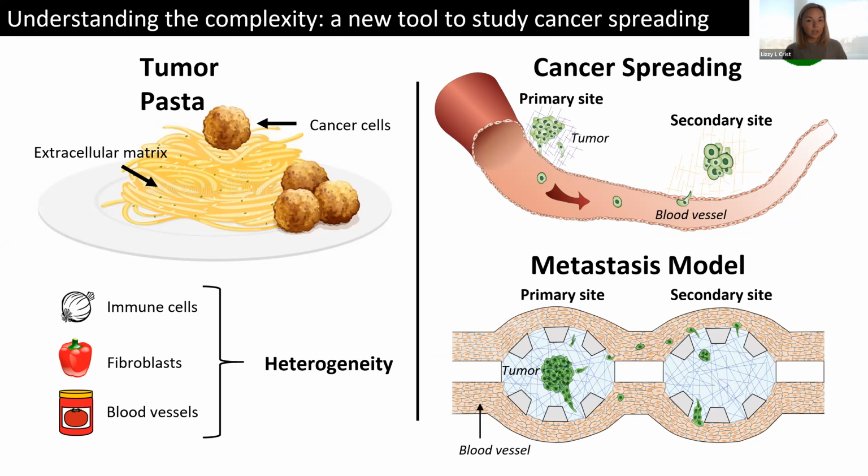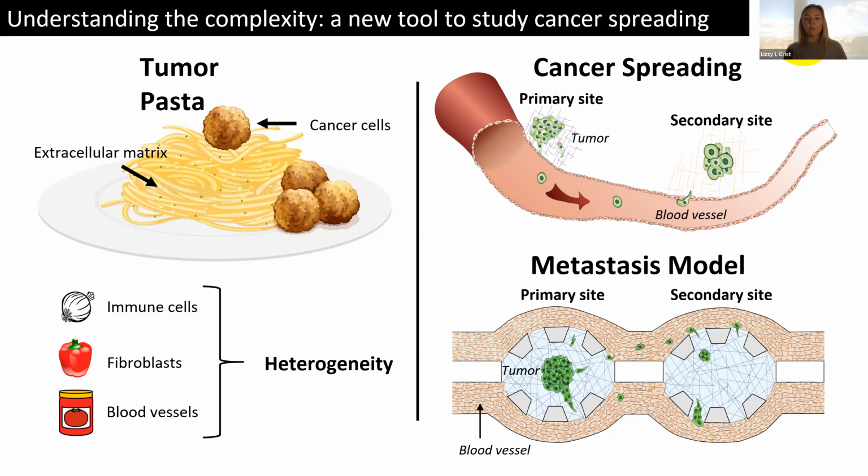One critical limitation of existing models is that they do not fully replicate the complexity of cancer, meaning they do not consider the influence of different tumor ingredients. Additionally, existing models investigate either the early steps of metastasis or the later steps, but not the full process in sequence. To streamline cancer drug discovery, save millions of dollars and years of time, I created the first model of